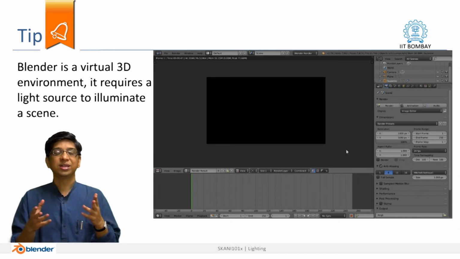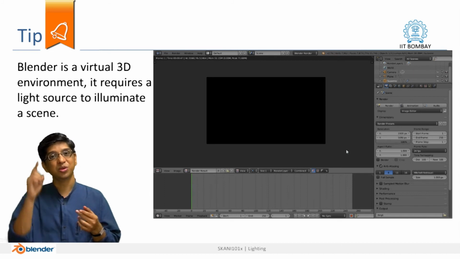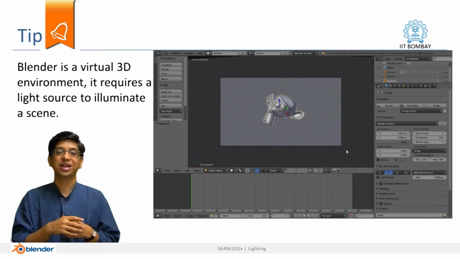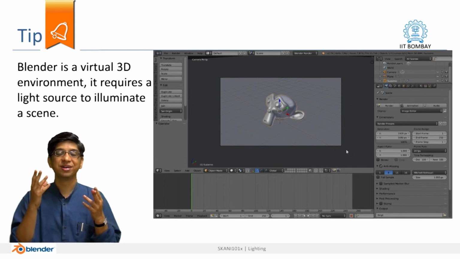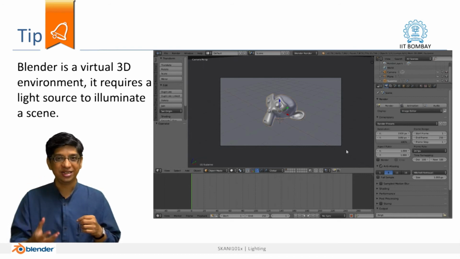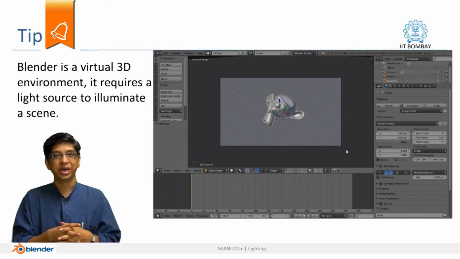You will not encounter this problem most of the time, because the default Blender scene comes with at least one light. This demo file is created specifically so that you realize the importance of lights, and it will also enable you to add the lights the way we are now going to show you, and we will then take it forward from there.